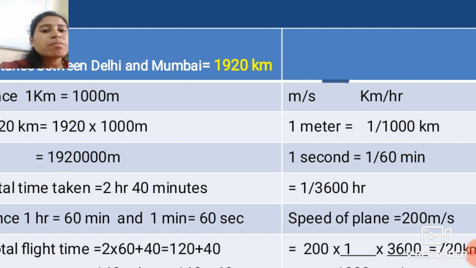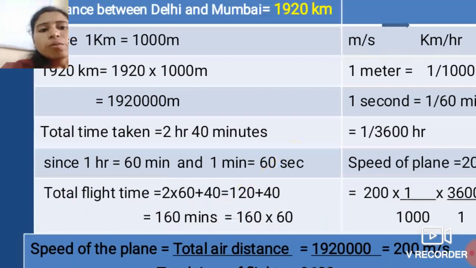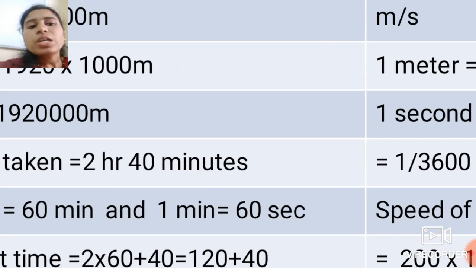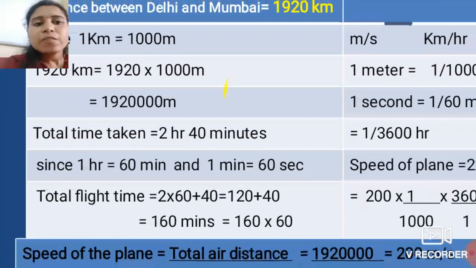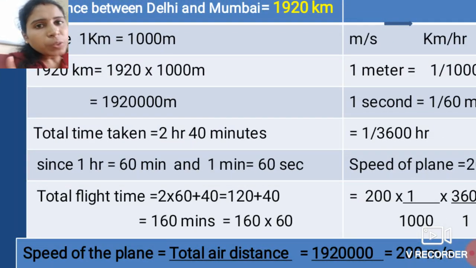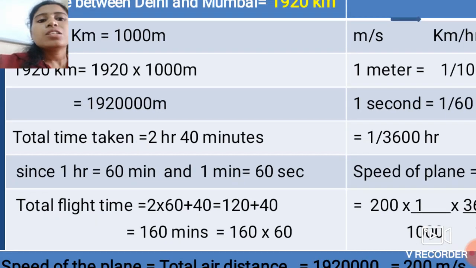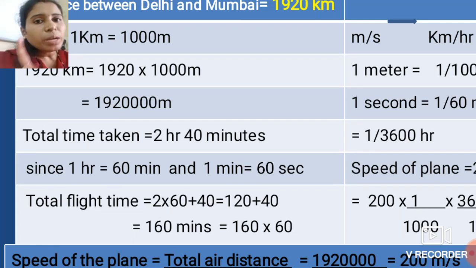Also, what is given is 2 hours 40 minutes time. So we have to convert these hours into the minutes and minutes into the seconds. So we get the time in seconds. Okay. So first what will we do? We know that here what is given is 2 hours. So we can start from 1 hour. We know that 1 hour is equal to 60 minutes. Here what is given is 40 minutes. So we can also take that 1 minute is equal to 60 seconds.